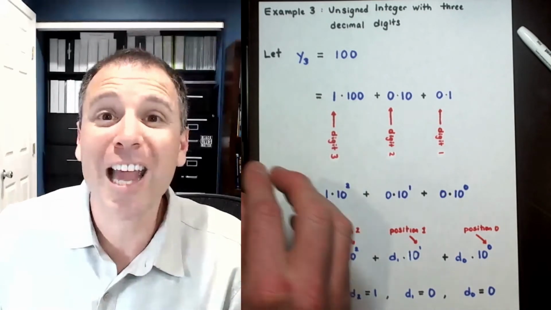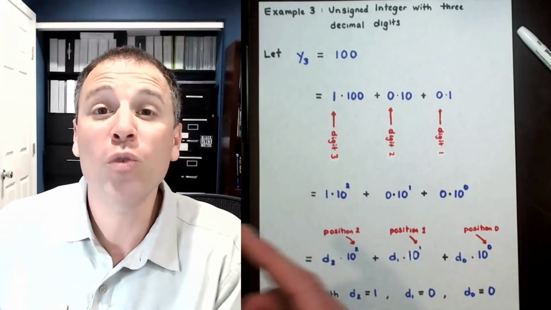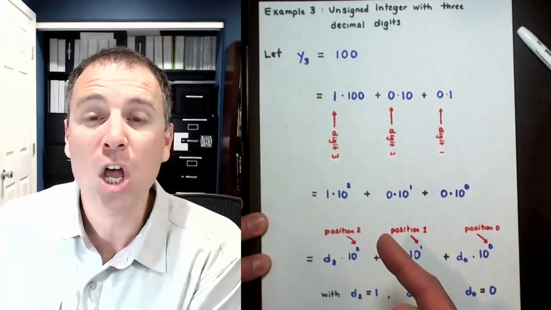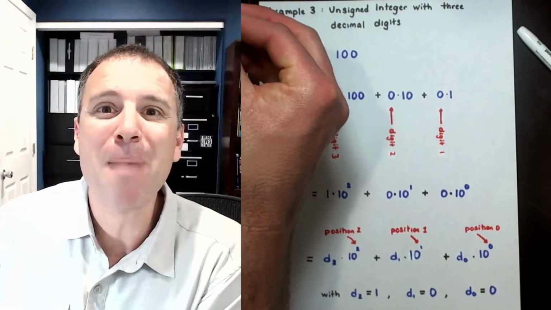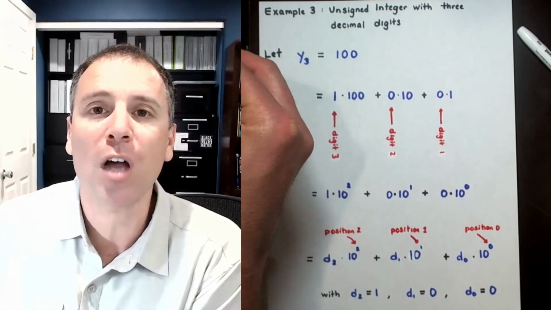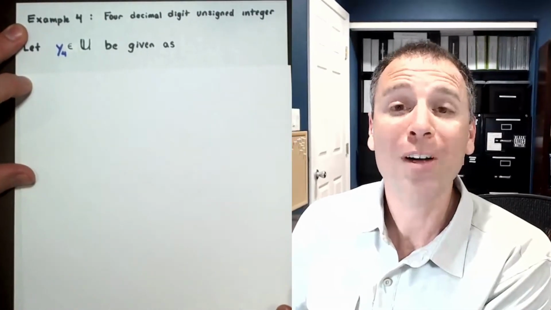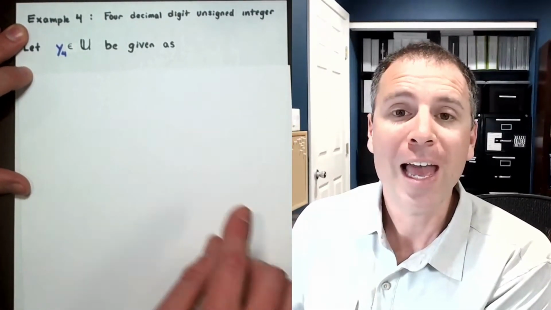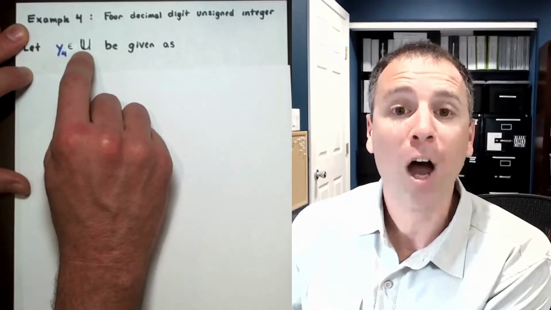So in order to understand what MATLAB is doing, we should really try to understand what's going on with number systems and representations so that we can map that understanding back into the computer programming language and then fully take advantage of the features of the numeric data encoding. I'll do one more example in this video for you, and then I'm going to give you a challenge to do your own example. In this case, we're looking at yet a 4th unsigned integer.